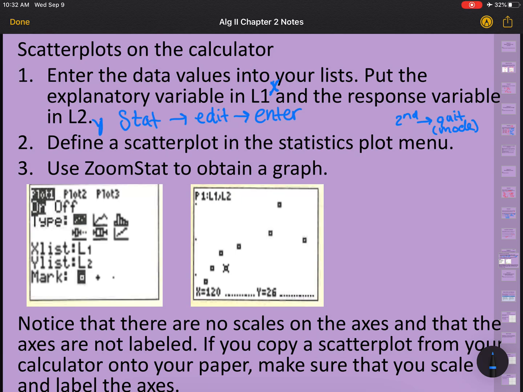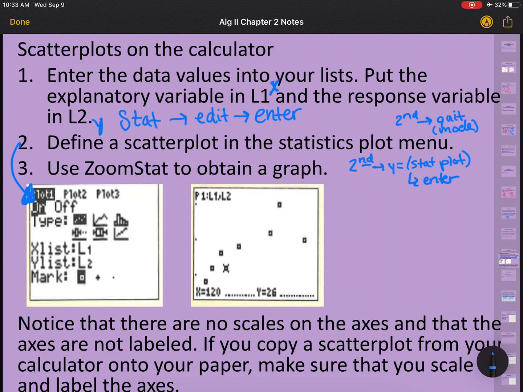Then we're going to define a scatter plot in the statistics plot menu. So you hit second, the blue button, and then hit Y equals. Second Y equals, we're at stat plots. So we're at this step right here in step 2. Make sure that it is at stat plot, and then you hit enter,